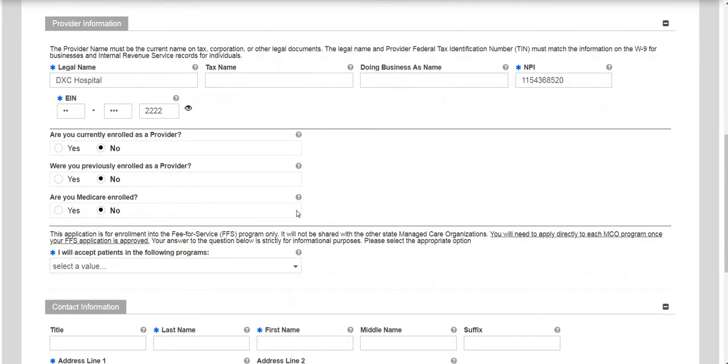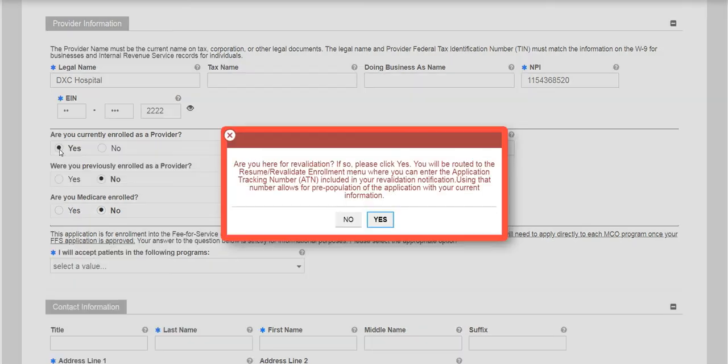After that, there's a series of 3 questions. The first is, are you currently enrolled as a provider? If you choose yes here, a red box is going to populate and it's going to ask, are you actually here to revalidate? If you're currently enrolled as a provider in Vermont Medicaid, you have to revalidate every 5 years. And if that's what you're here to do, this is not the right avenue to do so. So you would click yes and it would bring you back to the home page in order to start the